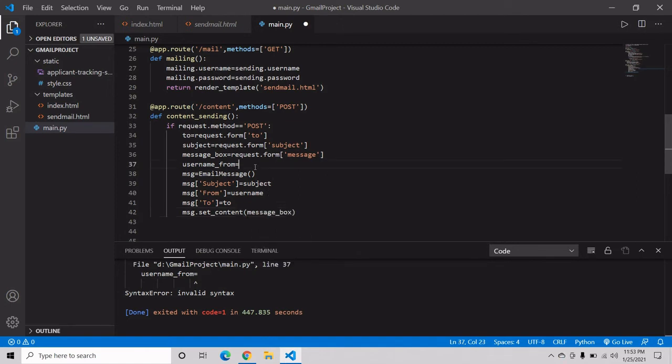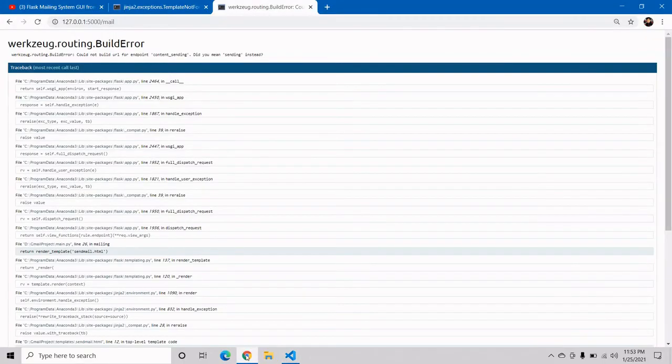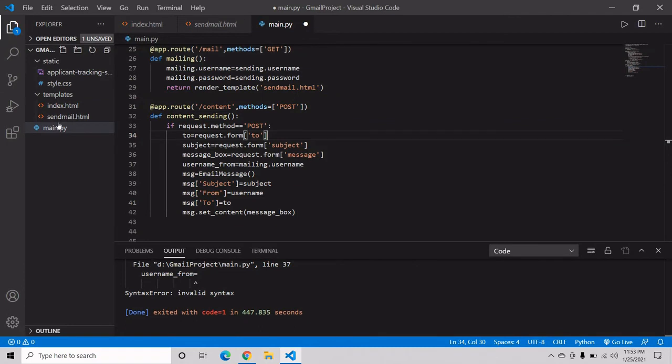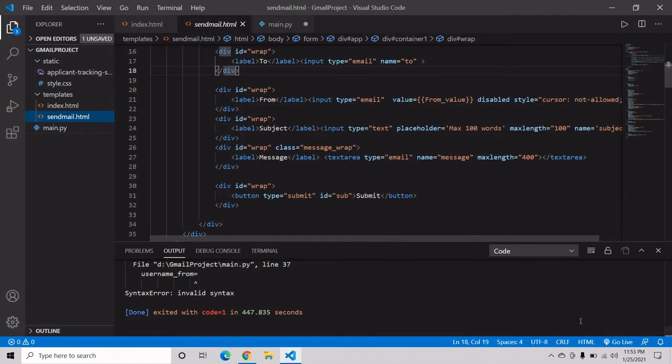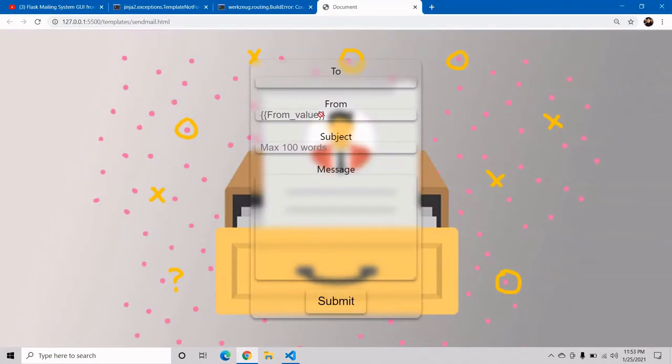Now where is message box? Now we have to set our username from also, I missed that, so it should be mailing.username, because see in this HTML file we have our from, which simply means we have to send our own username.